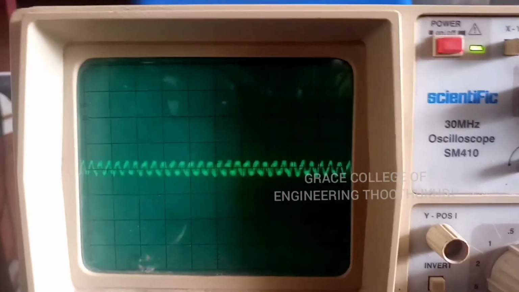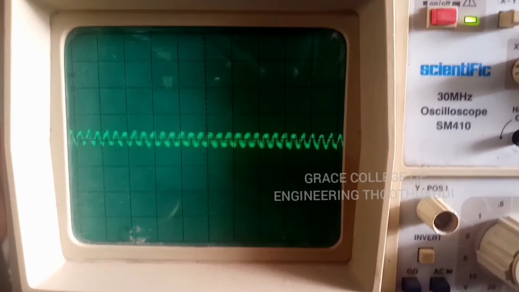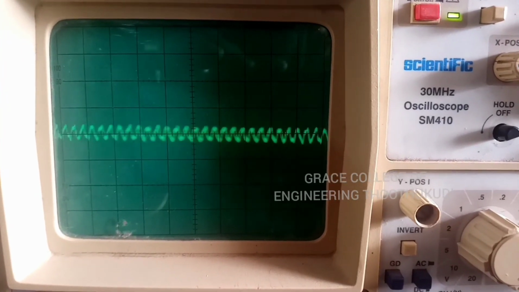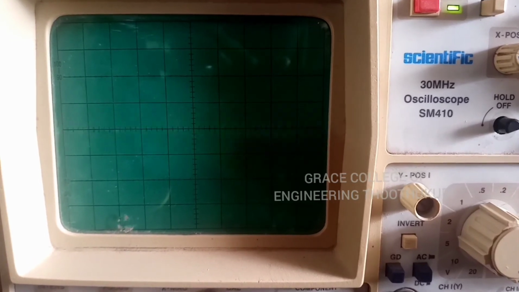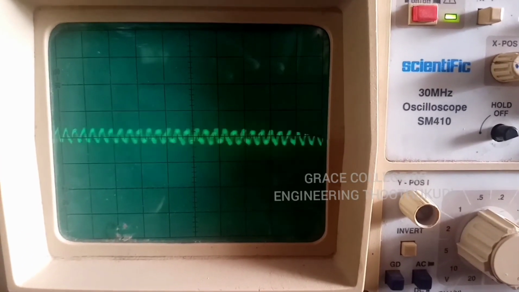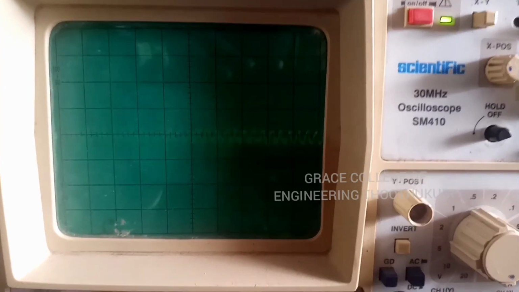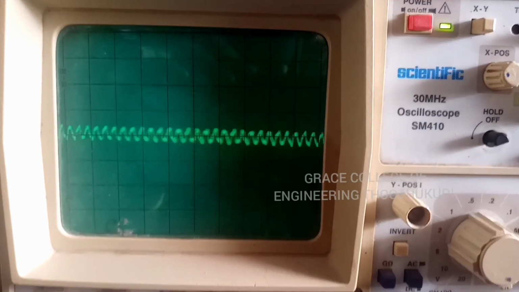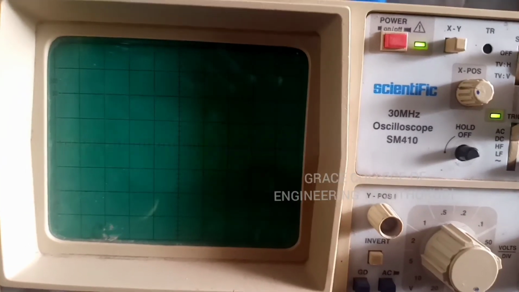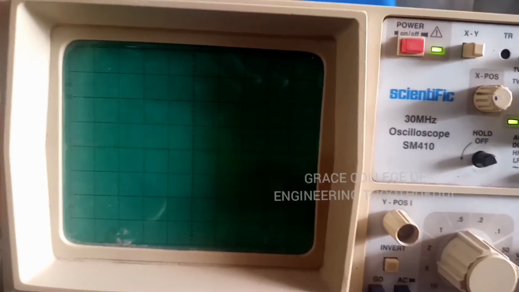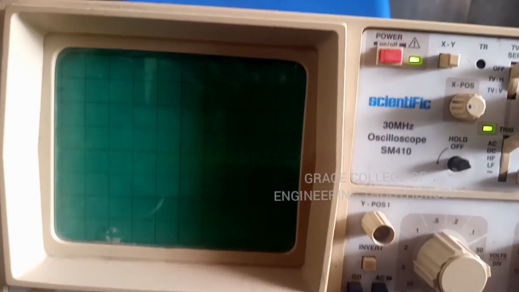Okay students, this is the output for DAC. This analog to digital as well as digital to analog conversion process is very useful in various applications, because in the real world we are getting analog signals from the environment, but for processing in the system we need to convert this analog into digital, so that the processor can validate the input data.